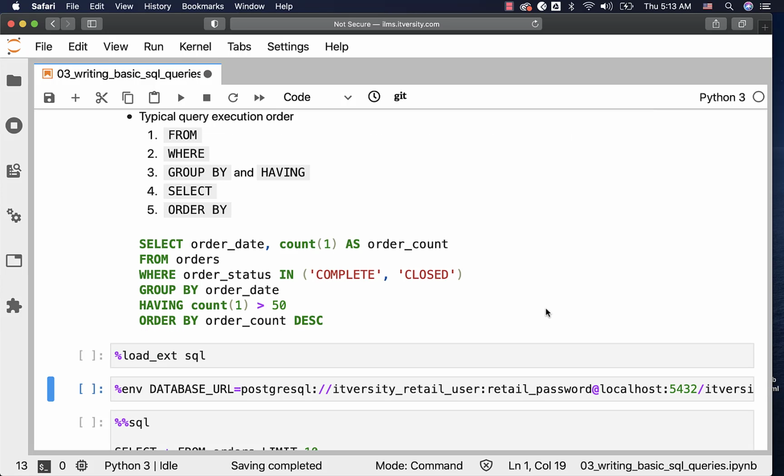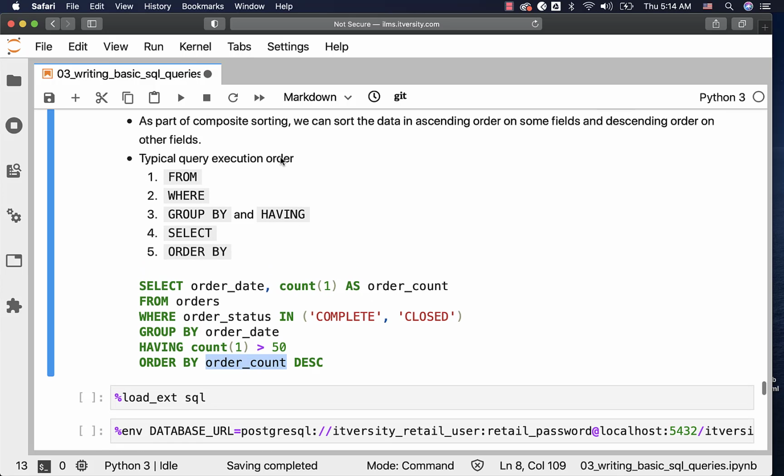It is very important for you to understand this query execution order. The reason is, if you look at the order count that is specified as part of the order by, it is nothing but an alias for count that is used as part of the select clause. The reason why order by is able to use this alias is because order by executes after the select clause. In any other clauses, we will not be able to specify this order count because select will be executed just before order by.